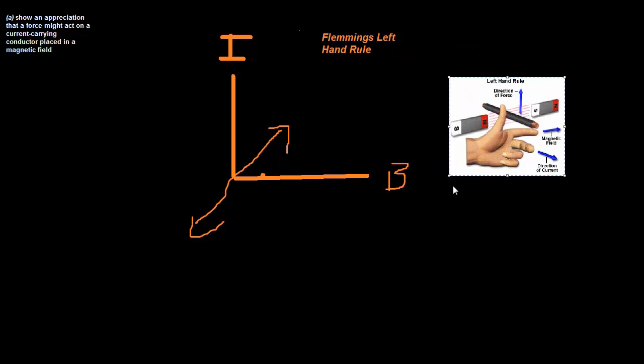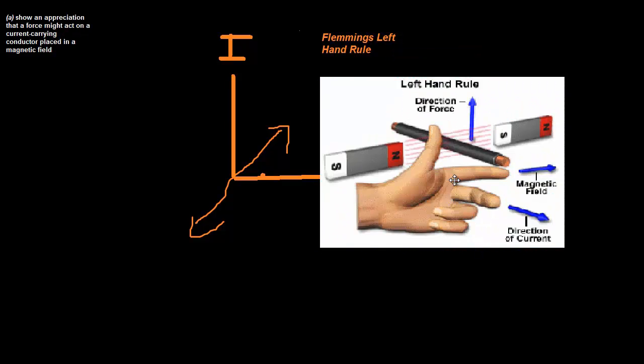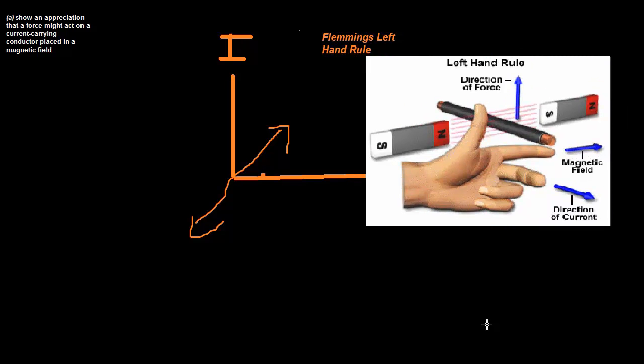This is Fleming's left-hand rule as a little picture I just took off Google just now. Hopefully it doesn't have any copyright on it. You make the shape of your fingers, there are three directions, and you can see that all of these are perpendicular to each other. Basically, you point your index finger towards the direction of a magnetic field, and you point your middle finger in the direction of the current, and the direction of your thumb will then be the direction that the force will be,